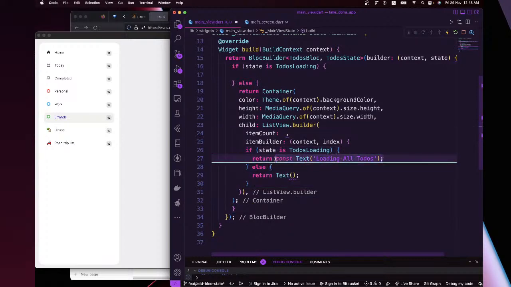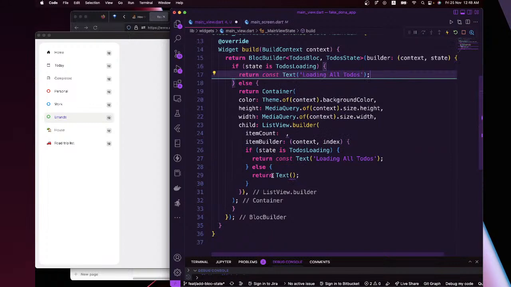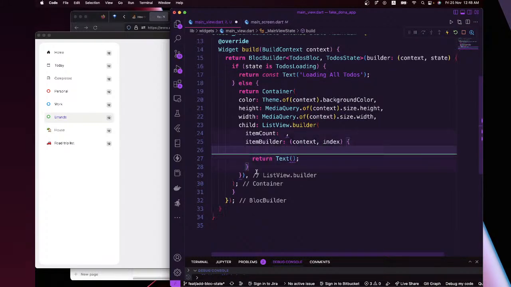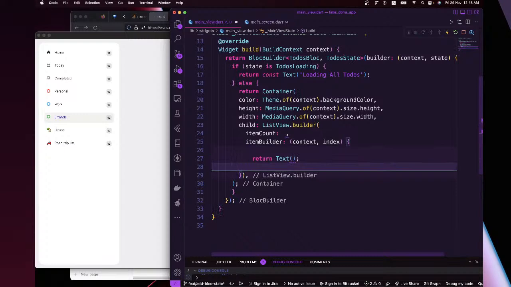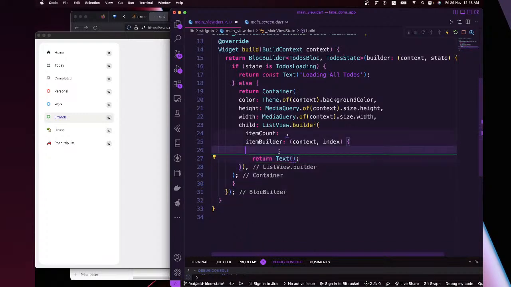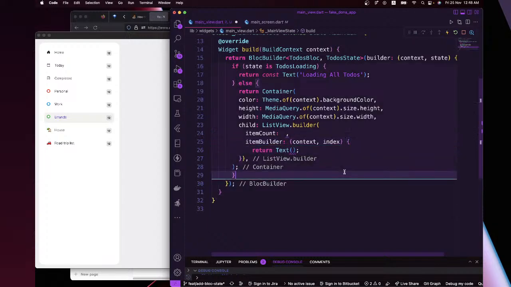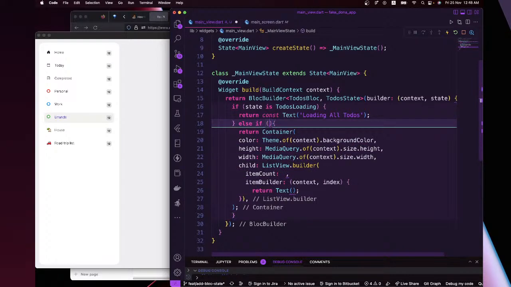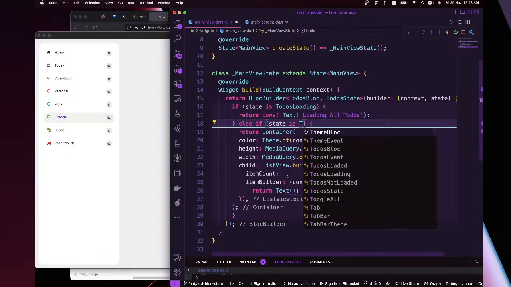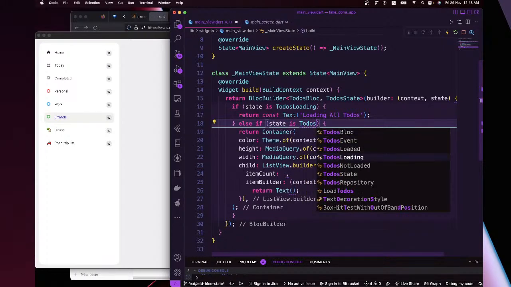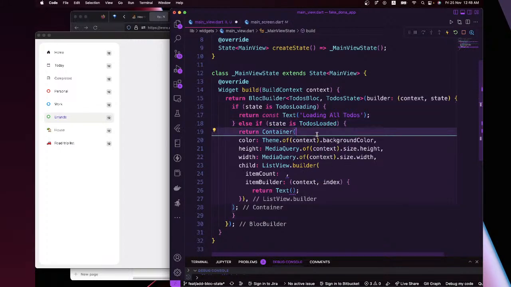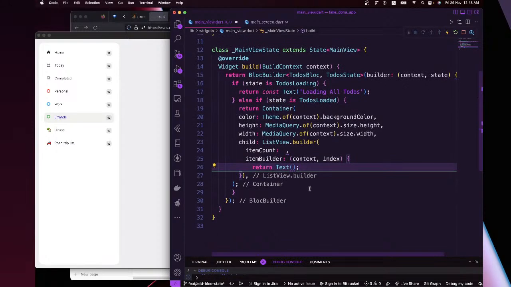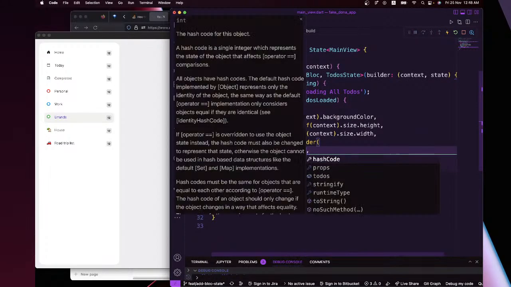This one is going to say to-dos, and else let's basically go ahead and return directory what we need. Else if state is to-dos loaded, then go ahead and return this to the user, and this will be state dot